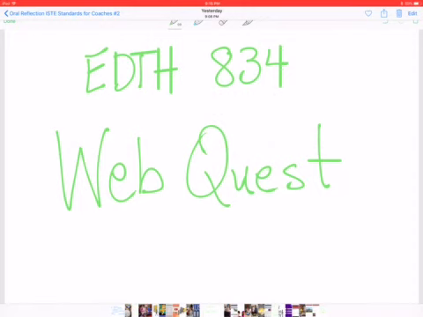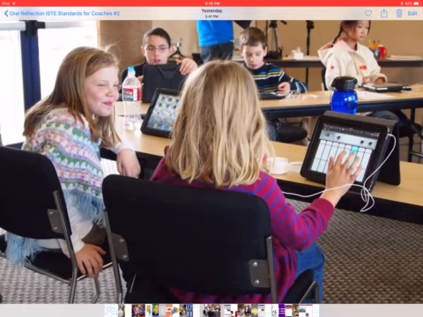For this assignment, we were to design an inquiry-based teaching unit, a WebQuest, that encouraged students to use information, not just search for it. It required students to perform a task that was achievable as they researched using predetermined internet resources.